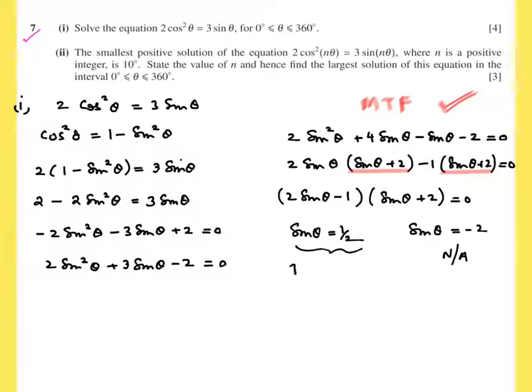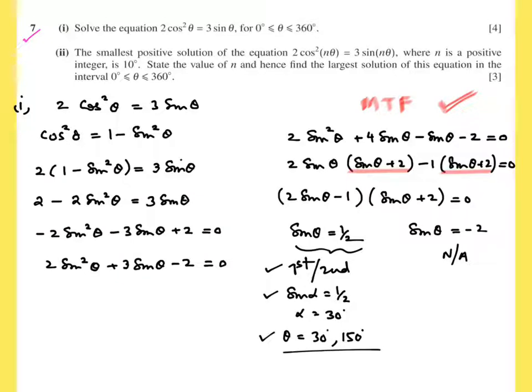When I want to solve sine theta equals to half, I have to take care of the quadrant. It's in the first and the second quadrant. I should always calculate the basic angle. Let basic angle be alpha. What's the definition of basic angle? The acute angle with x-axis. So alpha comes out to be 30 degrees. Therefore, theta is alpha in the first quadrant. 180 minus alpha is in the second quadrant. So the first part is done.